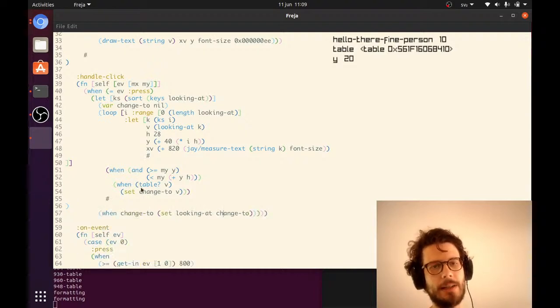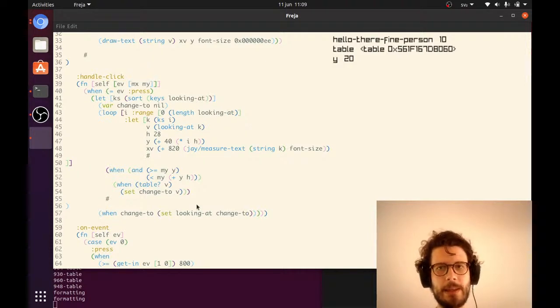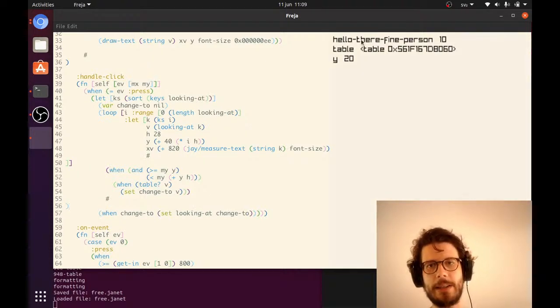And we do this because we don't want to change looking at while we're looping. Now we do load, and if I click here, nothing happens, but if I click here, yay, we look at